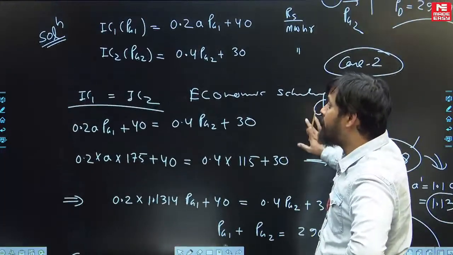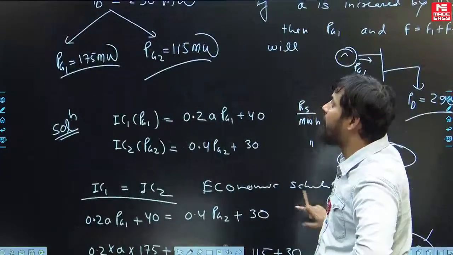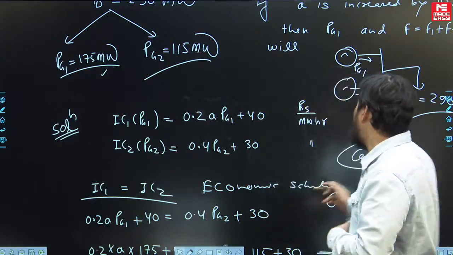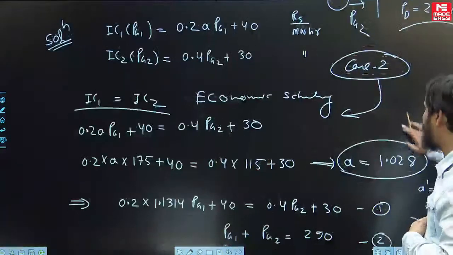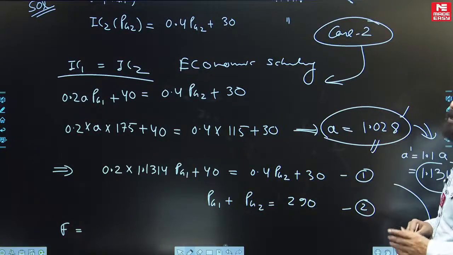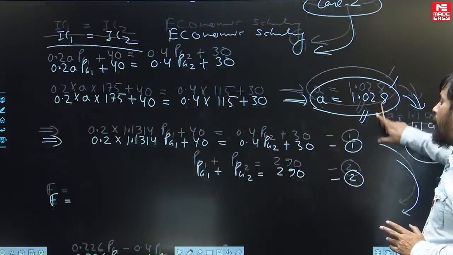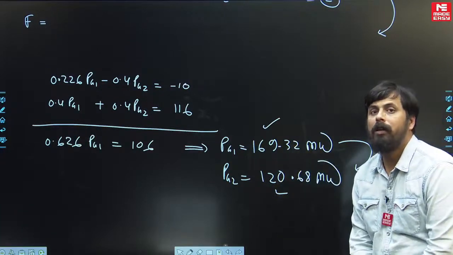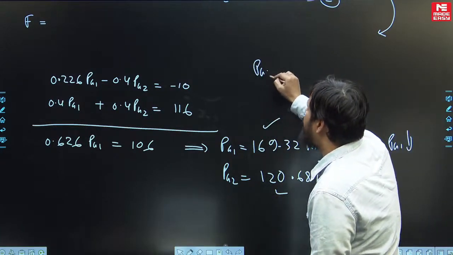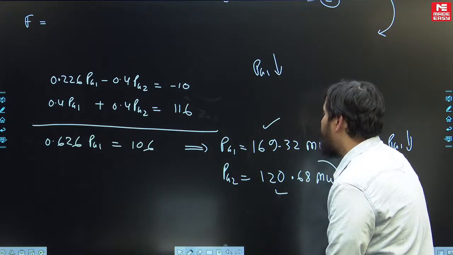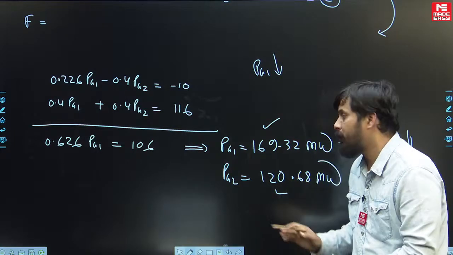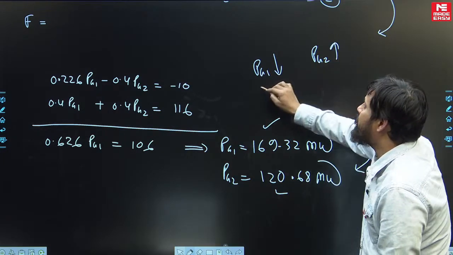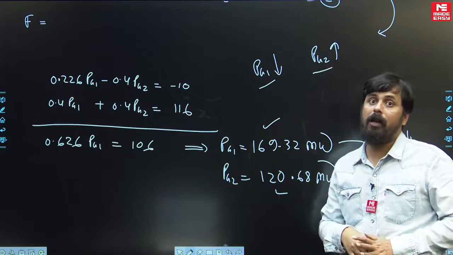अब नोटिस करिए Pg1 पहले कितना था, जब a को हमने बढ़ाया नहीं था, a की ओरिजिनल वैल्यू के साथ, उस समय Pg1 175 था। और जब हमने a को 10% बढ़ा दिया तो Pg1 इतना हो गया, यानी Pg1 रिड्यूस हो गया। और Pg2 जो 115 था ओरिजिनल वैल्यू के साथ, अब वो बढ़ के 120 हो गया, यानी Pg2 बढ़ गया। तो Pg1 घटेगा, Pg2 बढ़ेगा।